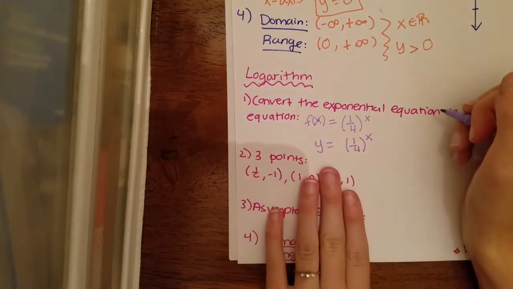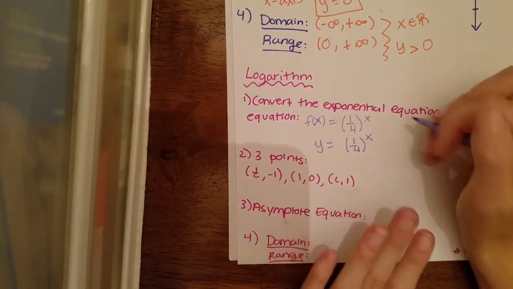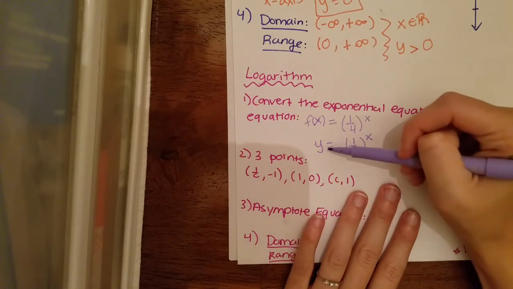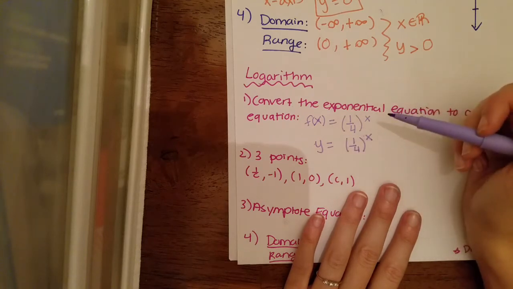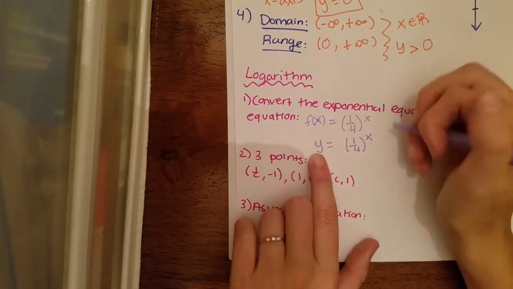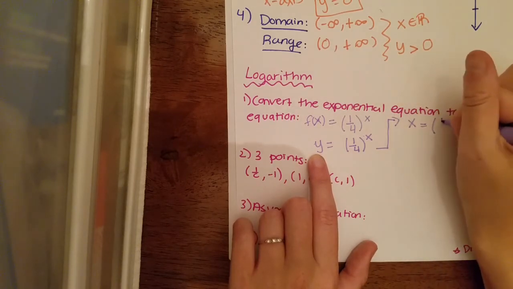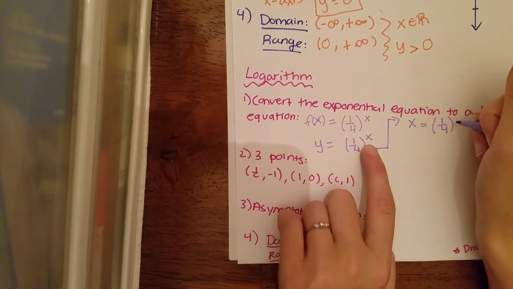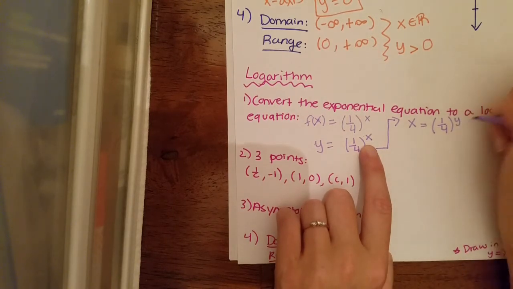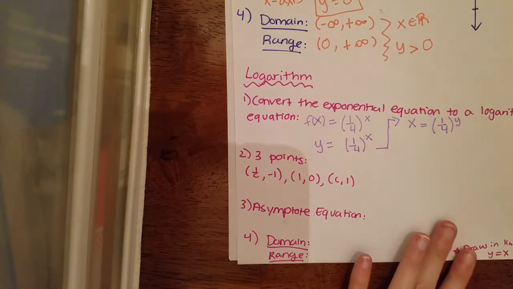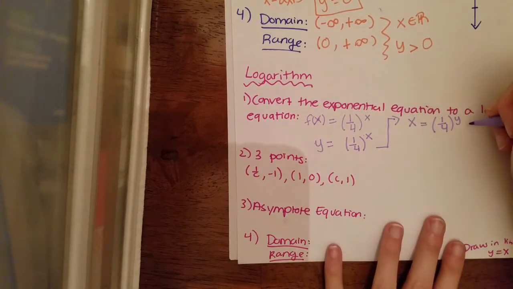Alright, so after we change our f of x to a y, the first thing we do is interchange our y and our x. Okay, so that's when the x hops over to the y and the y hops over to the x. So my x is going to be where this y is right here. I'll go up here. So x equals 1/4, and then now my x will become a y, like so. Okay, so we have interchanged our x and our y value, and now all we have to do is solve this for y,